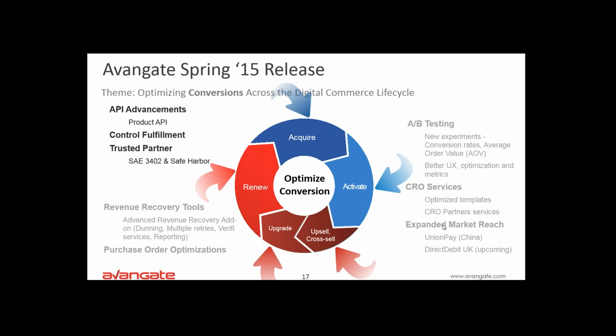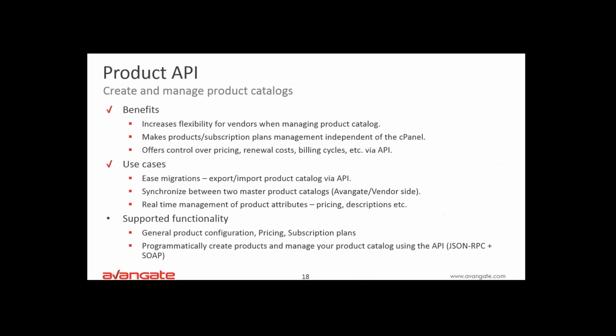Right, we're getting ready to wrap up this session today. We're down to our last chapter, and I want to really quickly talk about some API enhancements that we've introduced. You can now start using the Avangate product API. The documentation is live in the help area of the control panel. You can start using it today, and it really shows our continued commitment to letting you